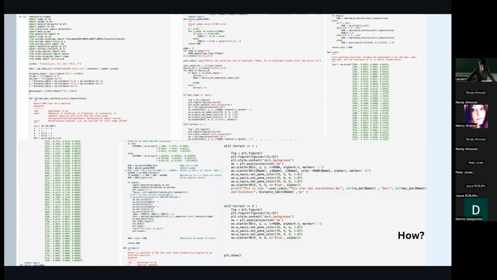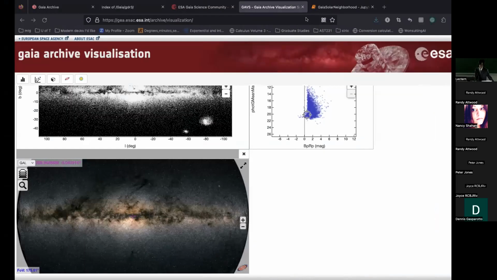And my code is actually on GitHub for anyone who wants to see it for themselves. There's also an attached data file, and you can use any data file, so long as you remember to change the name to match the input, which is up here. So that's how I did it. And there's going to be a little demonstration of how it works.